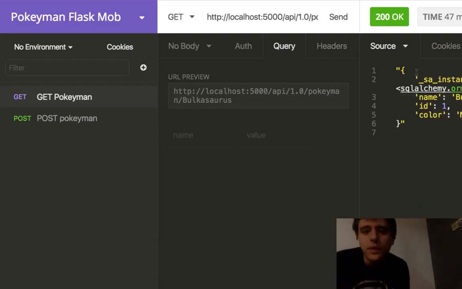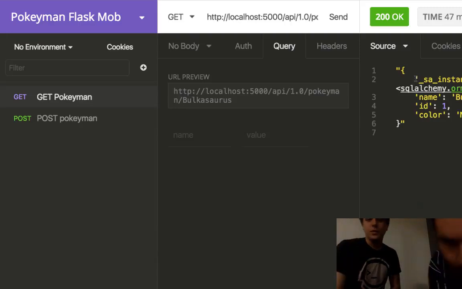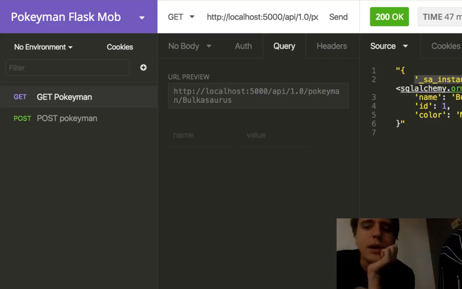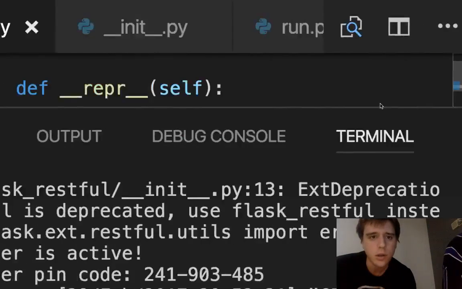So what just got returned is a body type. The reason why it's probably not JSONifiable is because the instance state is an object, and so we would actually have to return